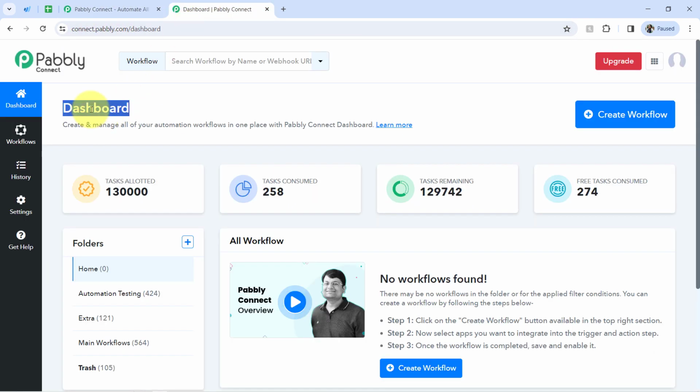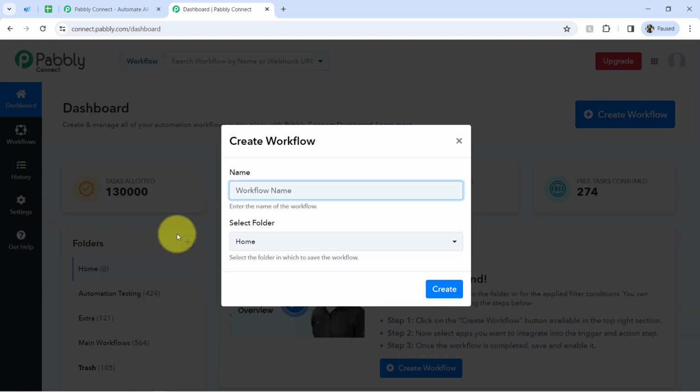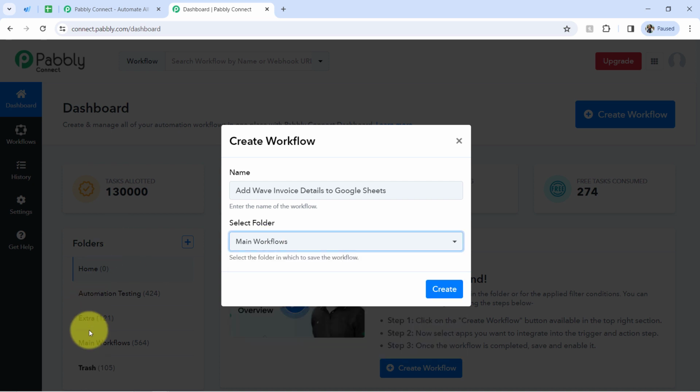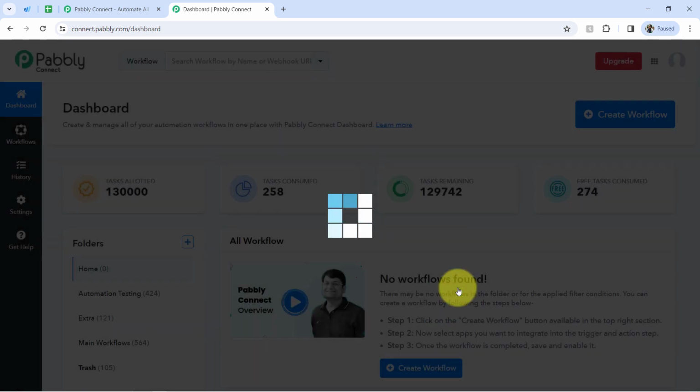Now once you log in and reach the dashboard of Pabbly Connect, click on this blue button, that is create workflow, and then provide a random name to your workflow, to your automation. I have directly pasted the name as add Wave invoice details to Google Sheets. Okay, now it will ask you to select the folder in which you want to create your automation workflow. So I'm selecting this main workflow folder, and after that I'm clicking on this create button, and you will